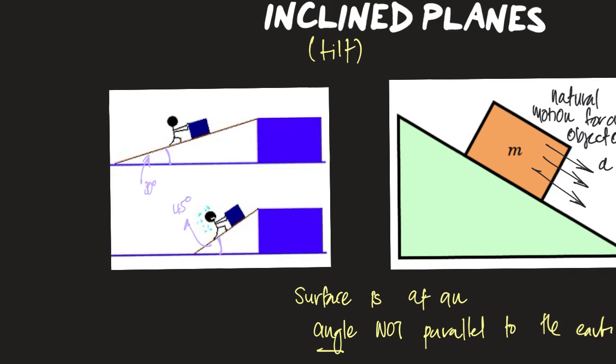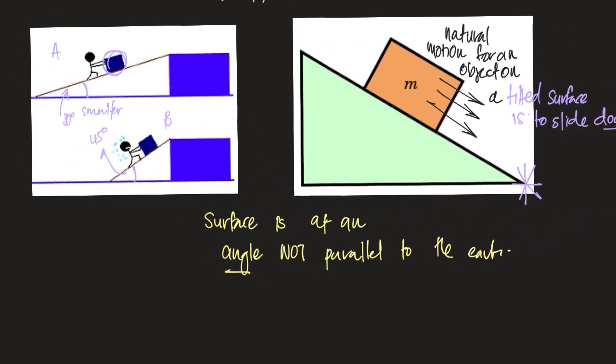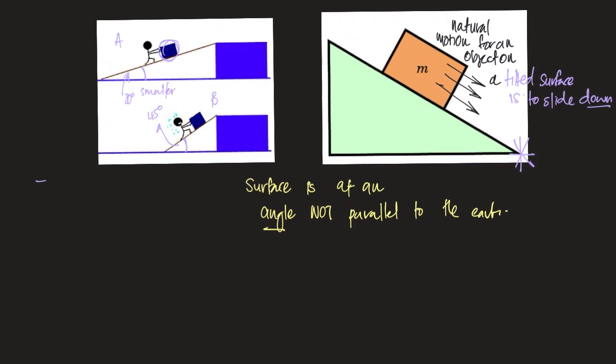But as you can see here, in option A, sorry, option B. In option A, it's because the angle is smaller, it is easier to move up the tilted surface. The bigger the angle is, the greater the difficulty. So we should write that down. We should say that the rate